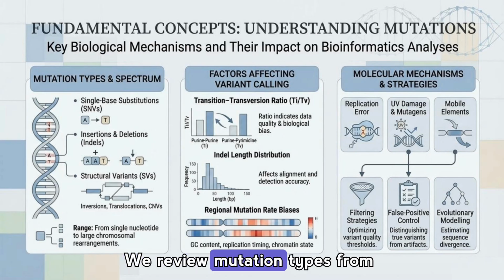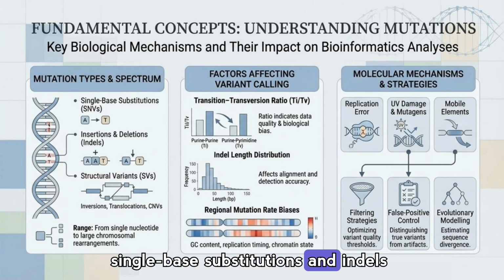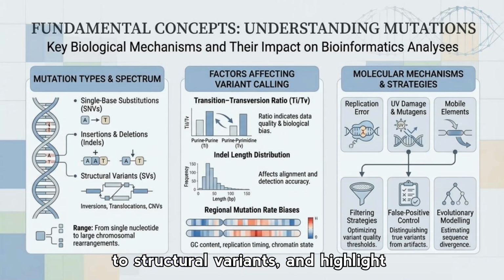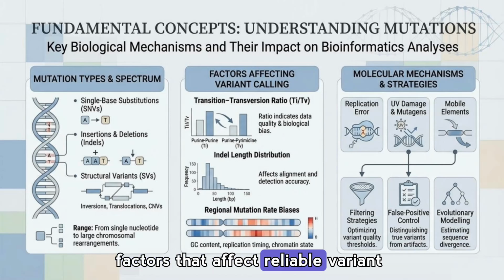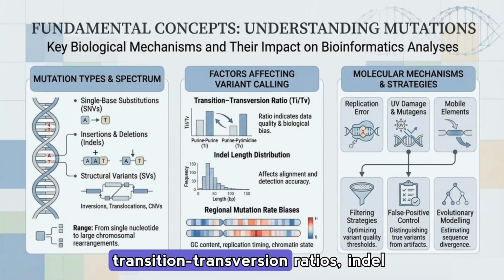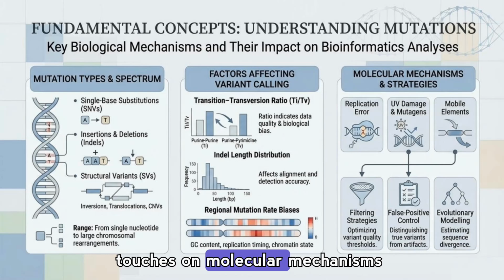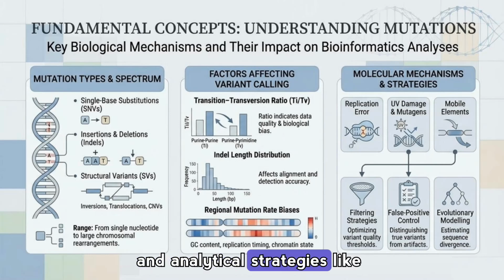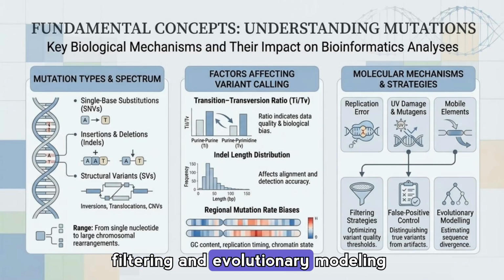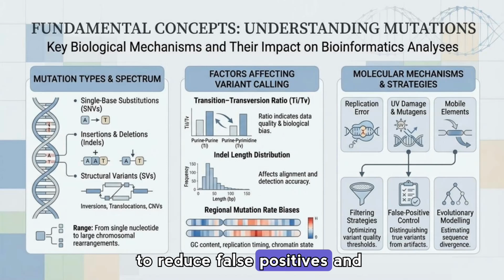We review mutation types from single-base substitutions and indels to structural variants, and highlight factors that affect reliable variant calling, such as transition-transversion ratios, indel length distributions, and regional mutation biases. The slide also touches on molecular mechanisms and analytical strategies, like filtering and evolutionary modeling, to reduce false positives and